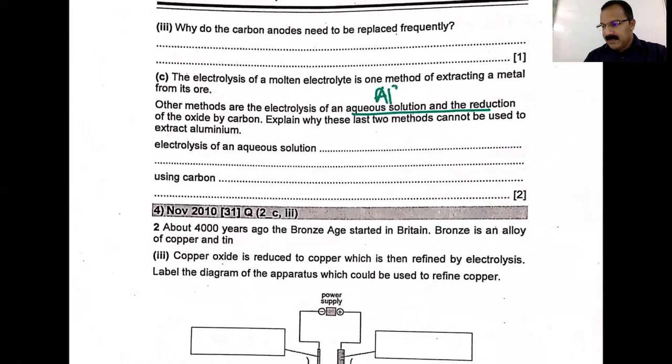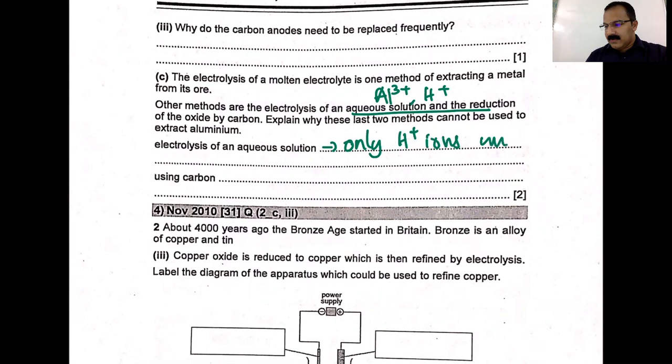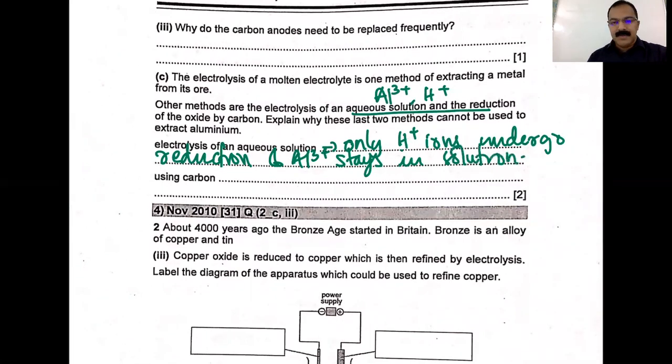An aqueous solution of aluminum will have aluminum ions and H+ ions. All right, so what happens then? The rule says when you have aluminum ions and H+ ions from the aqueous solution, only H+ ions undergo reduction, and Al3+ stays in solution. At IGCSE level, it is enough to know that H+ ions will undergo reduction and Al3+ will stay in solution, because you have a